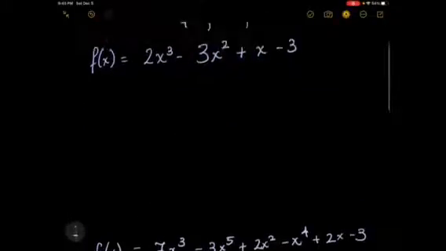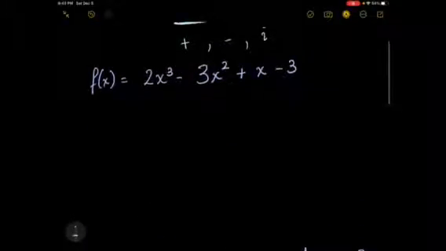In Descartes' rule of signs, you would start off with a function, f of x. In this case, our function is a polynomial of the third degree. Now, to figure out the number of positive roots in this polynomial, you would need to figure out how many times the sign of each term changes